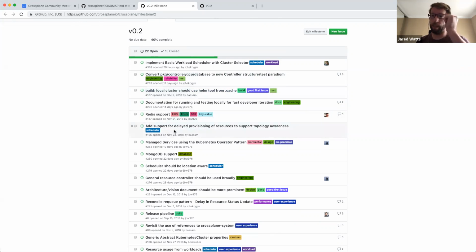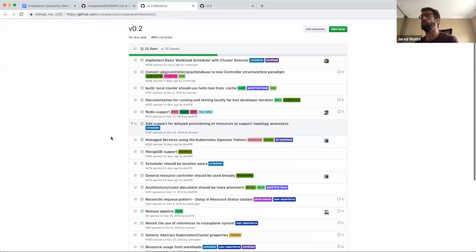Ilya, with some help from Ravi too, finished the design for that, and that has been merged to master, and now he's been working on the initial implementation for the basic scheduler. Nick has picked up the Redis support to add support for cloud provider managed services of Redis caching, and there's a pull request open to bring that into master as well that we'll talk about.